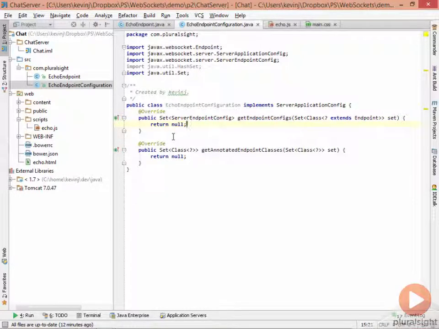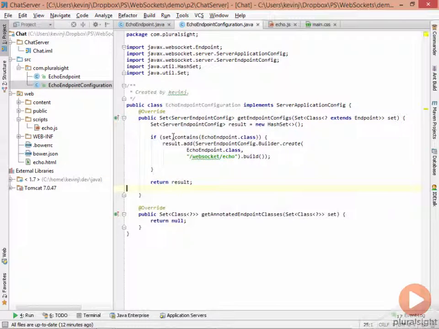The standard code for the programmatic endpoints looks something like this. We implement the getEndpointConfigs method, and inside here we create a set of the configuration results that we want to return, and then we parse through the set of classes that get passed to us. We look inside the set of classes. We look to see if it contains our class, in our case the EchoEndpoint class, and if it does,